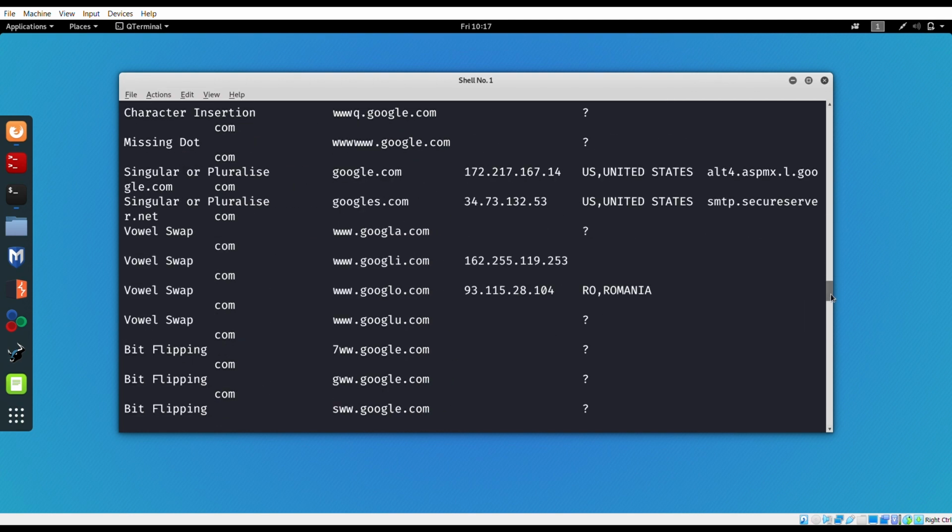So the companies can register the misspelled domains to protect their brands. And this also gives us information regarding the typosquatters, like how many domains are there, so that the person who does typosquatting can actually be caught by the companies, and they are aware of the typosquatters that are out there.